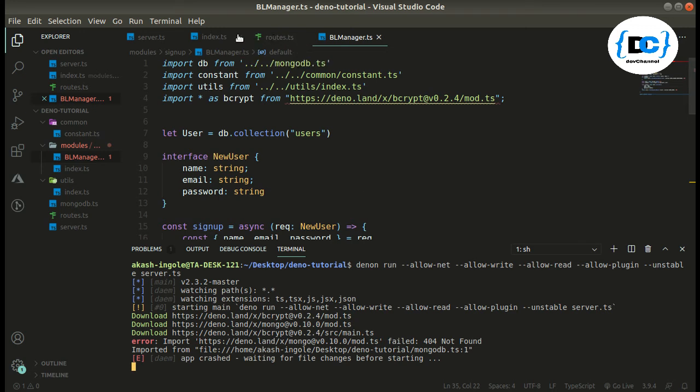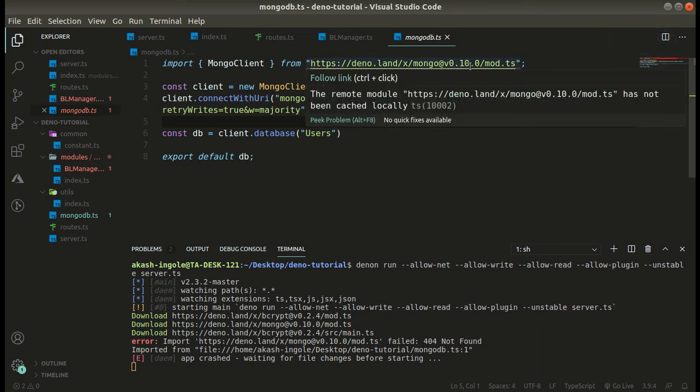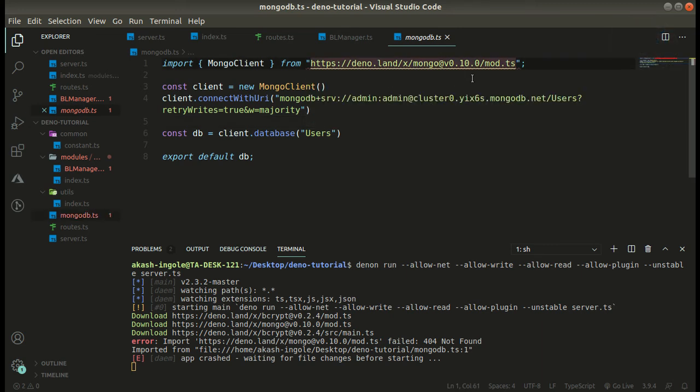So there is some problem with this version. So what I will try to do is I will just take this version, 0.9.1. Let's try this one.